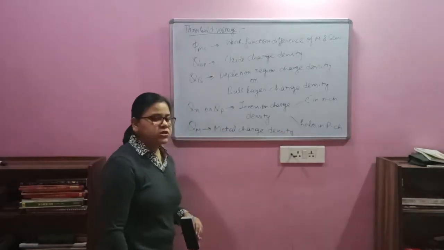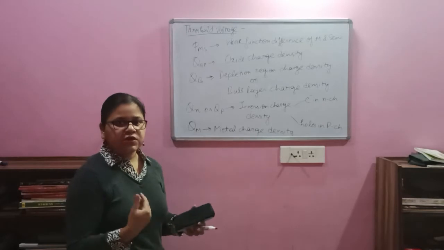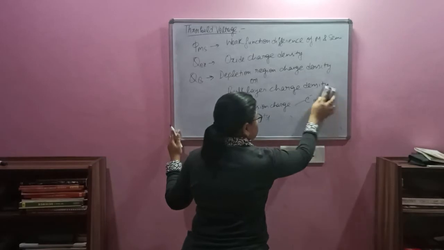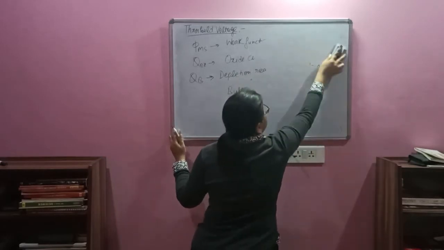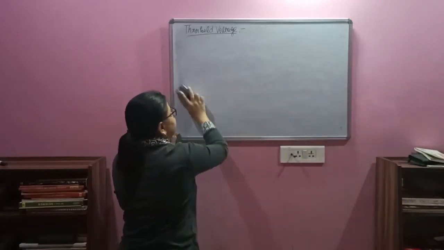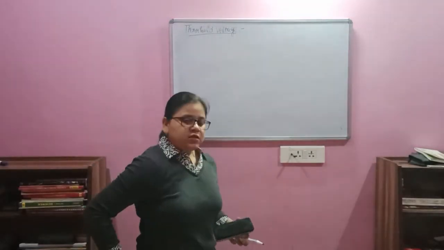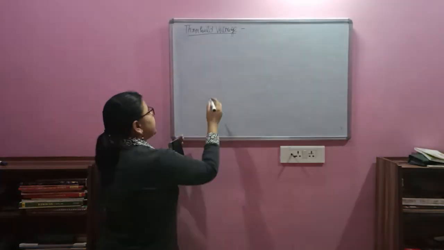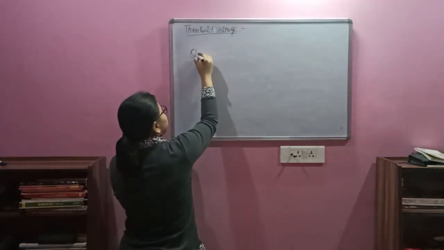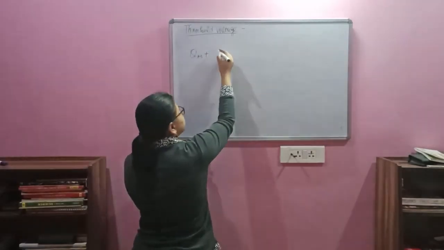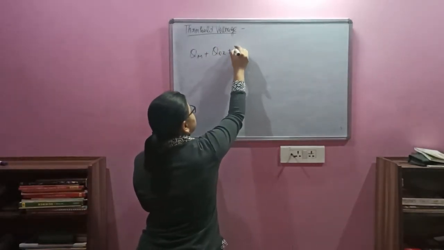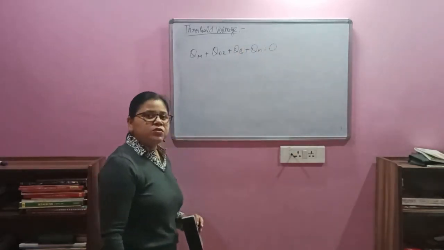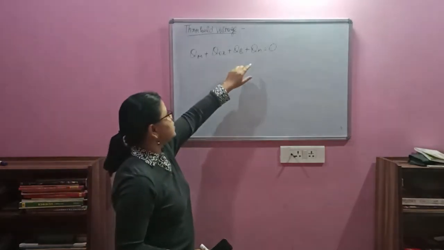So these are a few terminologies which we will be using in the further derivation for the threshold voltage of the MOSFET device. Now moving further, as per the charge balance equation, we know that the negative charge is equal to the positive charge, and applying the same charge balance equation over here, it states that the summation of all the charges will be 0. I am taking here the case of an N channel device, that's why I stated here QN.